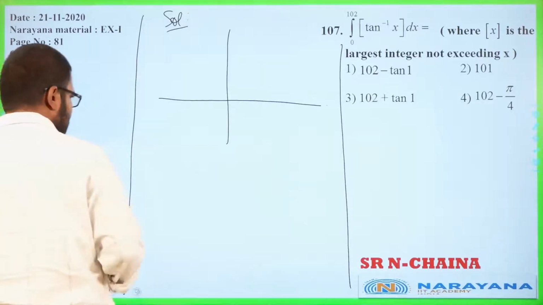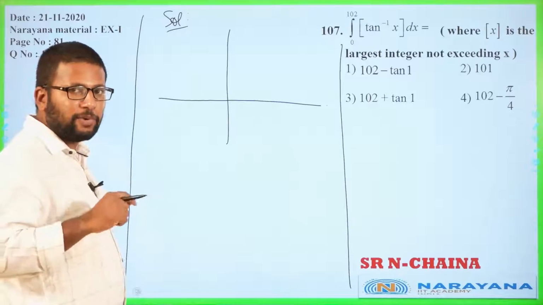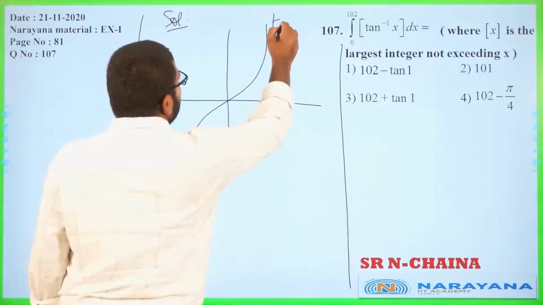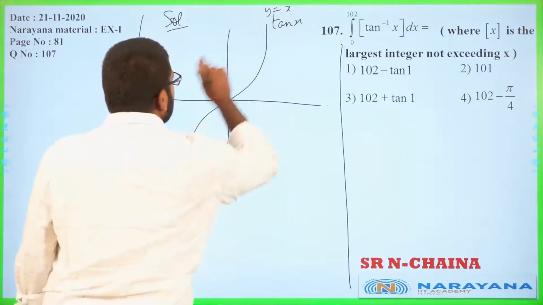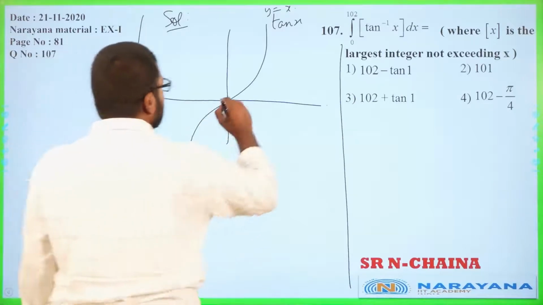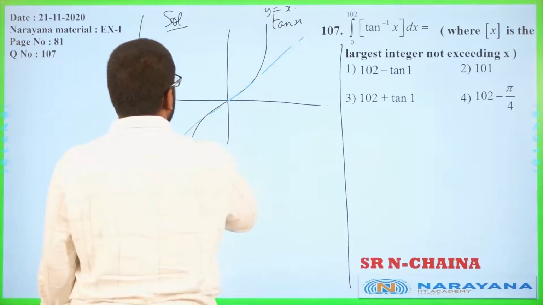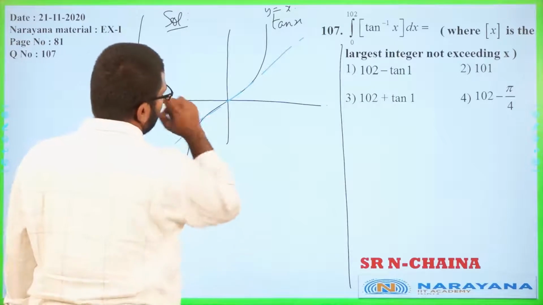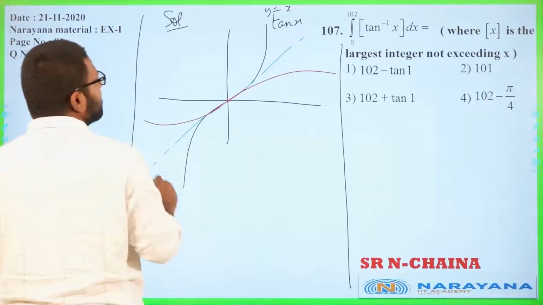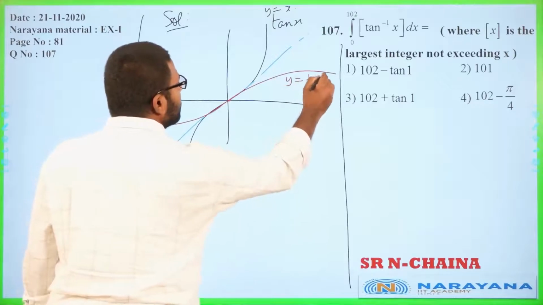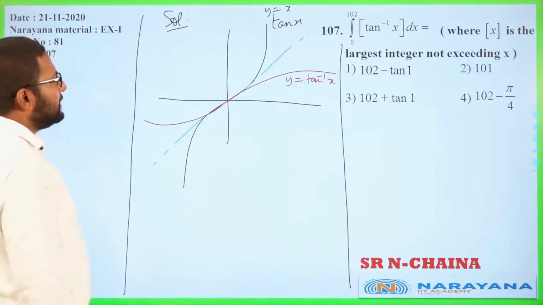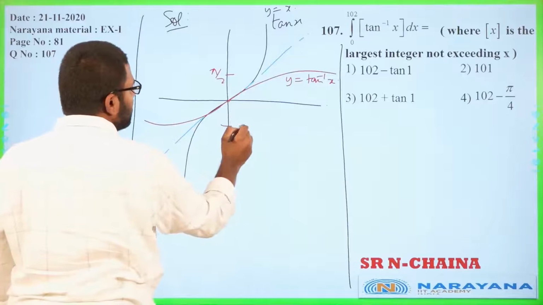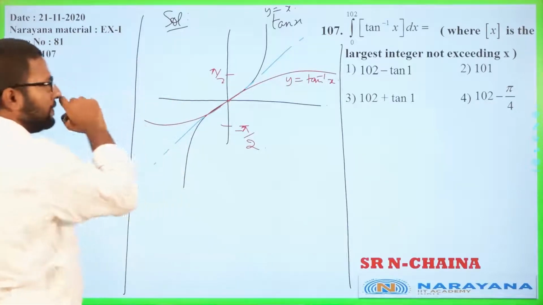I have trouble remembering inverse function graphs. So what do we do? Always draw the regular graph first. So this is y equal to tan x, and then take a reflection about y equal to x. So the actual graph we are looking for is this. This is y is equal to tan inverse x. And I hope you realize that since this value is pi by 2, here this will be pi by 2 and this will be minus pi by 2. Okay? Fine.